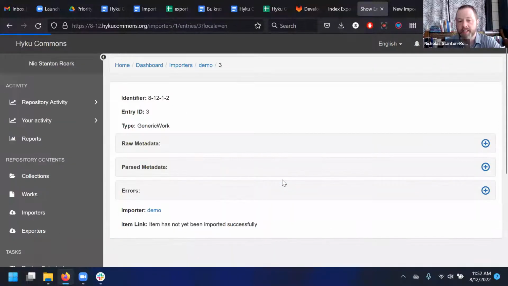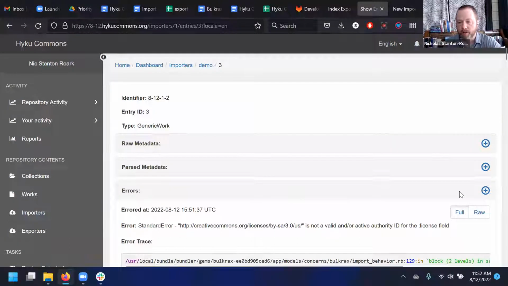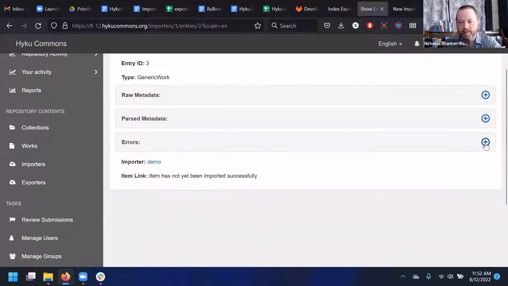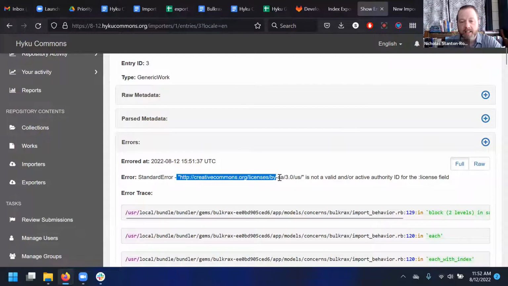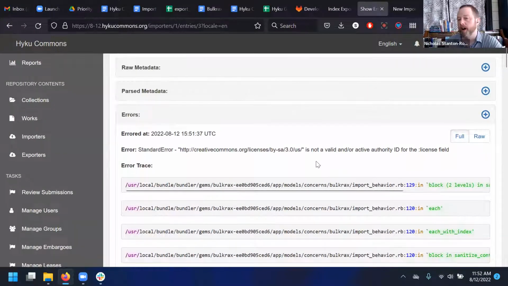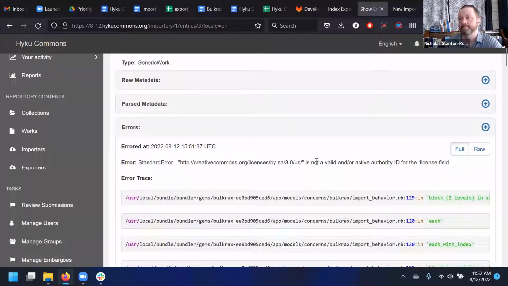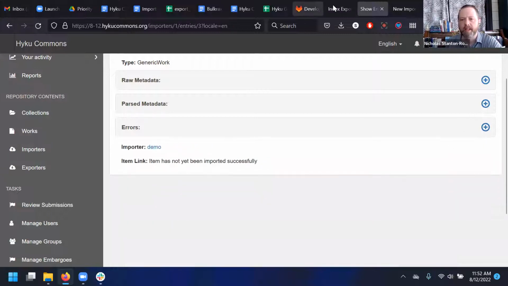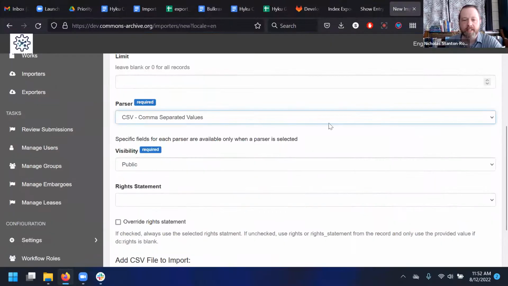So if we click on this, we'll see it's a standard error, but what does that mean? Click this errors drop down, and it'll actually tell us this Creative Commons license is not valid. And why is it not valid? Because when these works were uploaded to the system, back in, I don't know, first quarter of 2020, we were still on the 3.0 license. Since then, we've updated, and that's a hard-coded vocabulary in the system, so it just can't import those. So it told me what the error is, but thankfully,